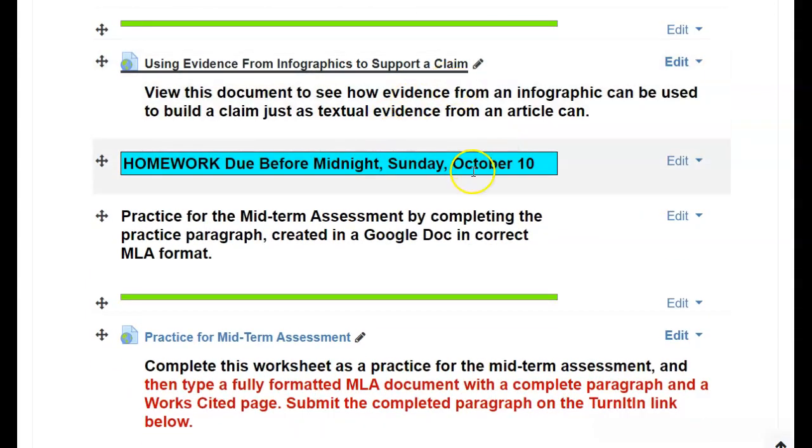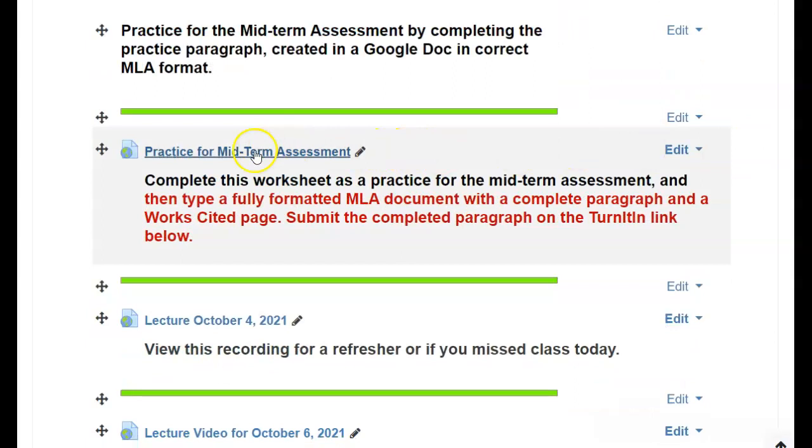I didn't change the date on the homework from October to what is Thursday is the 3rd. So this will read March the 3rd when I fix it. But it says here, practice for the midterm assessment by completing the practice paragraph. The practice paragraph is right here. Complete this worksheet as a practice for the midterm assessment, and then type a fully formatted MLA document with a complete paragraph and a works cited page. Submit the completed paragraph on the Turnitin link